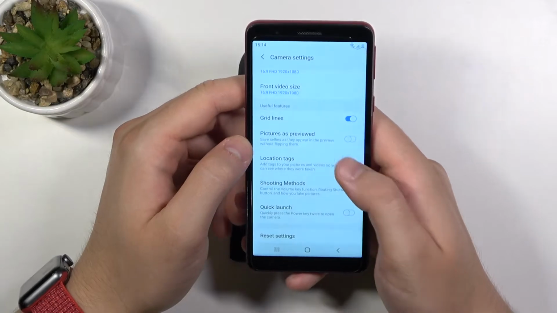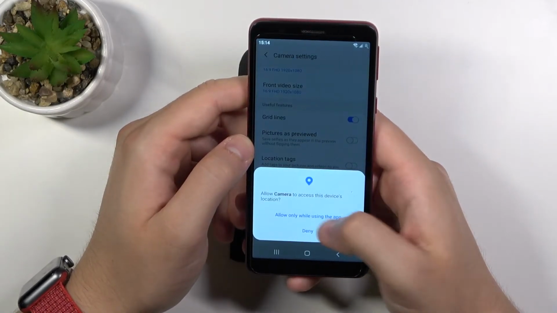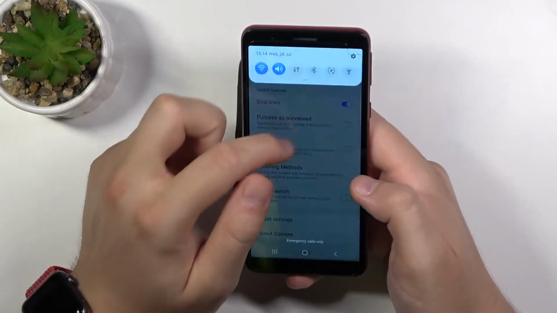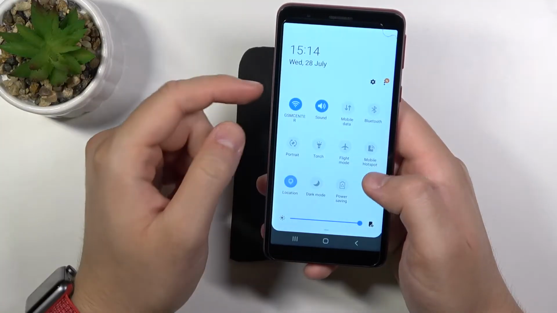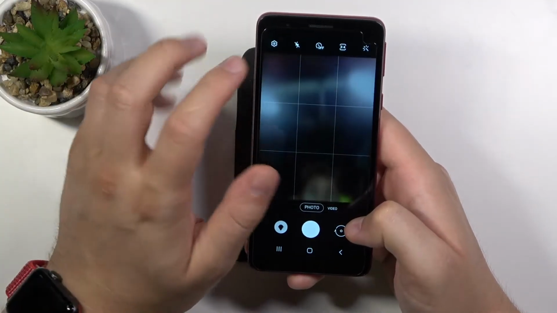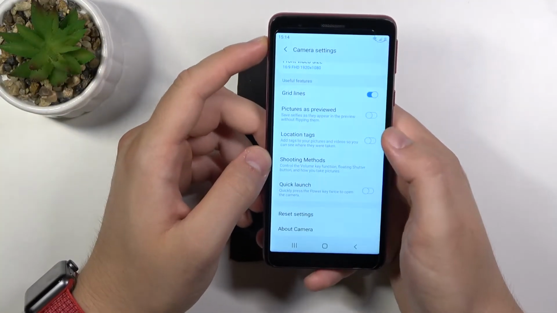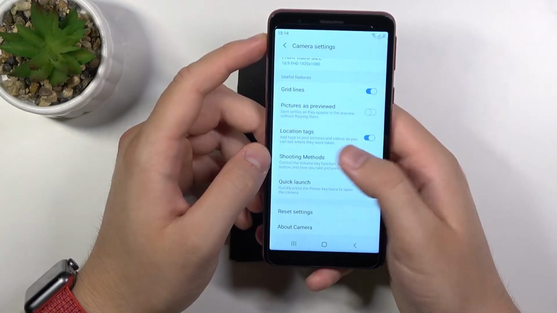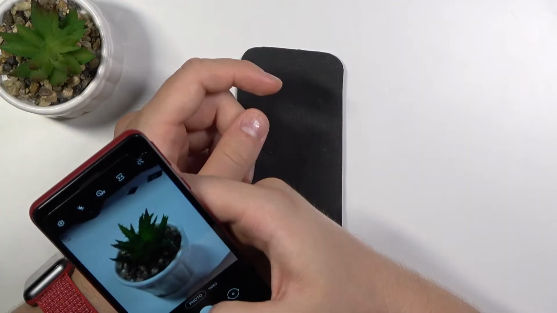The next option is called location text. So when you enable it, click to turn on and activate permission to location for your camera. You also have to turn on location right here from the notification bar. Right now when you are going to take a photo, you have to be sure that it's turned on. So you have to click on the switcher and turn it on. And right now when you take a photo, for example like this one,